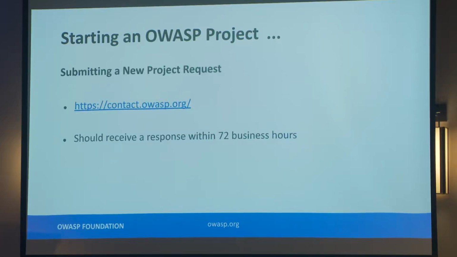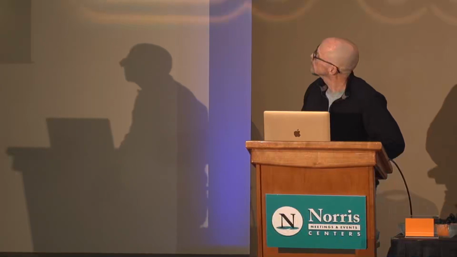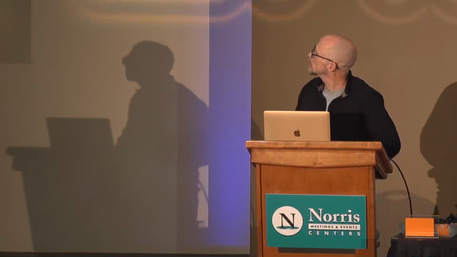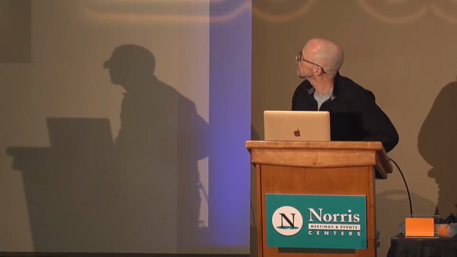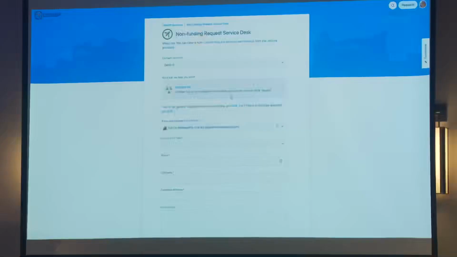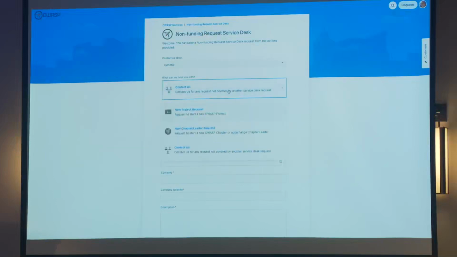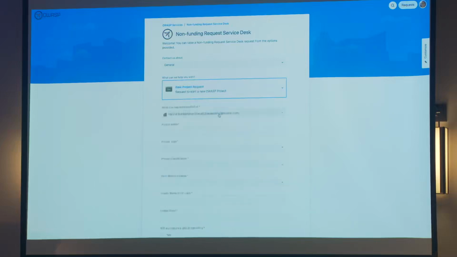And submitting a new project request. You go to contact.owasp.org, which I will show in just a minute. And basically what you do is you go to the topic that you're wanting to contact us about. It's general, that is correct. I cannot read this properly. Here we go. And there under contact us, you need to choose one of these options. It's the new project request.